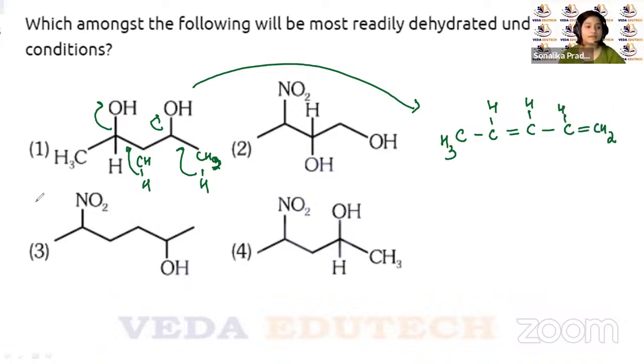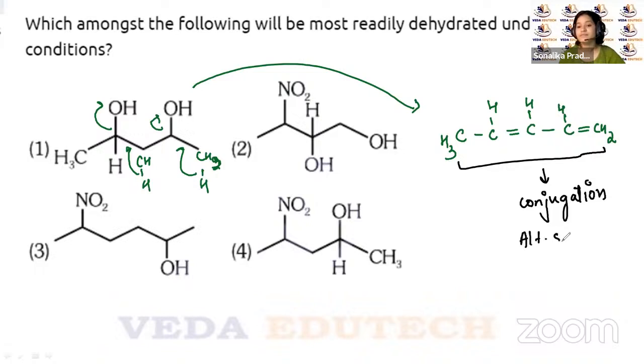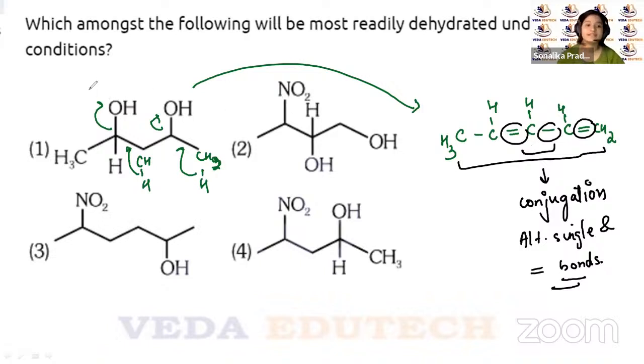Yes. So as you can see in this alkene, you have conjugation. What is conjugation? Conjugation is alternate single and double bonds, right? So here there's a double bond, single bond, double bond. So we can say this is liable for more stability, right? If you see here,